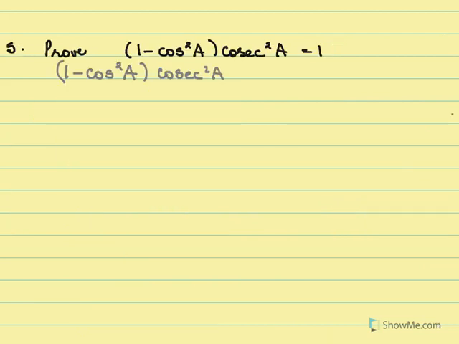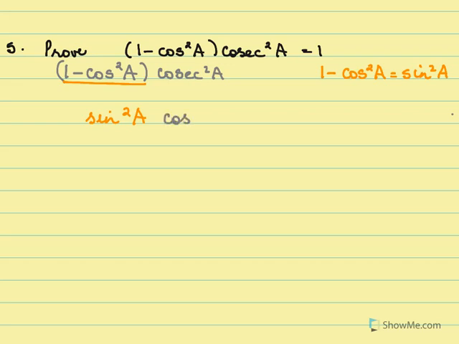We go ahead and prove this. 1 minus cos square a into cosec square a. Now we have here 1 minus cos square a, and 1 minus cos square a is sine square a. This you need to remember. So we have here sine square a